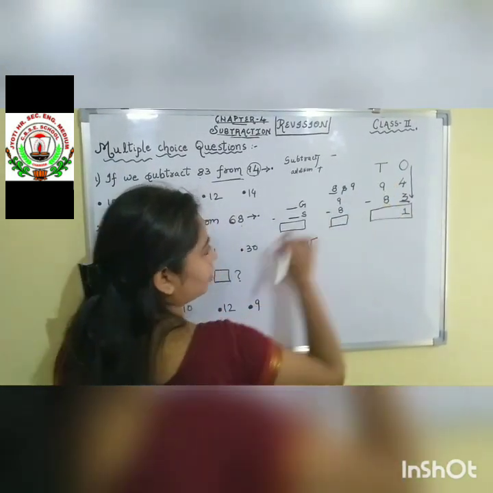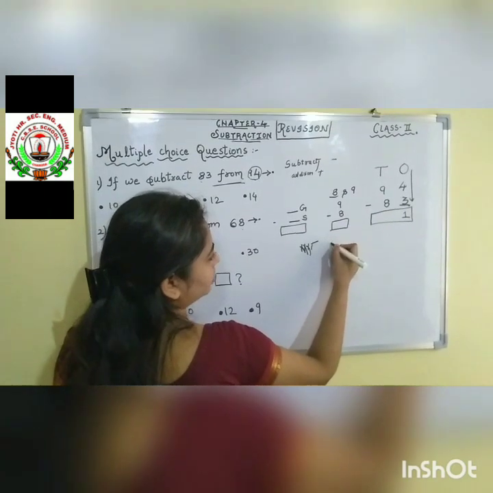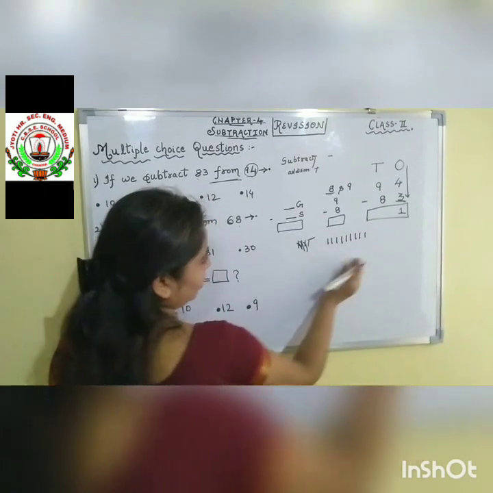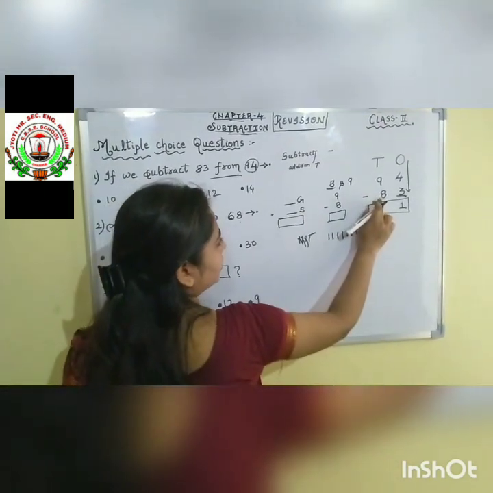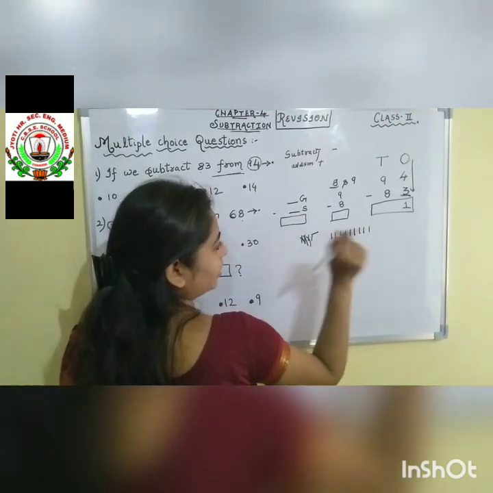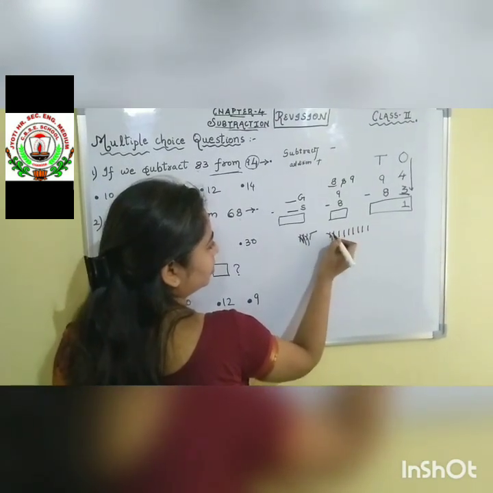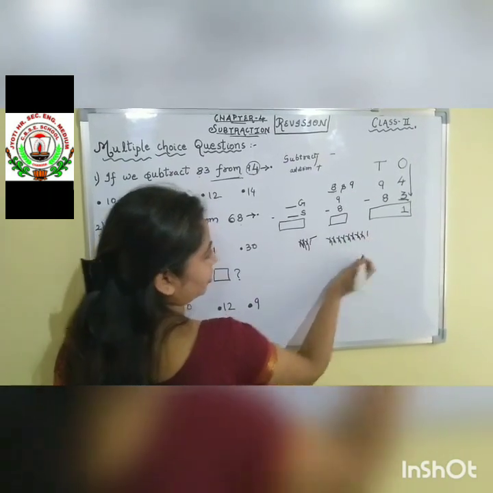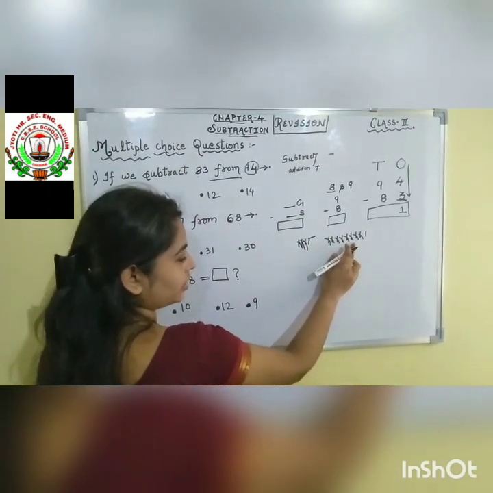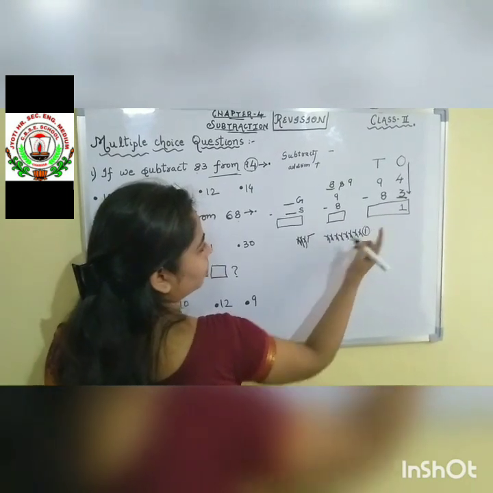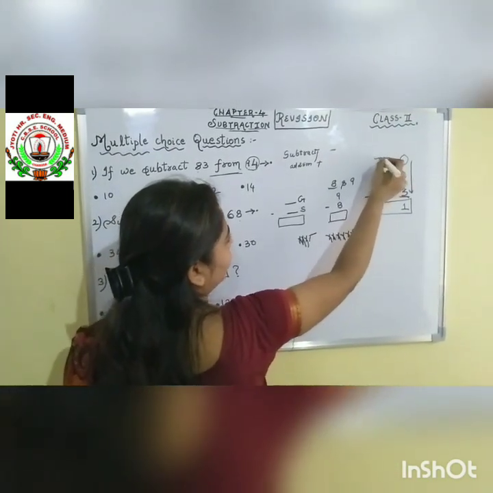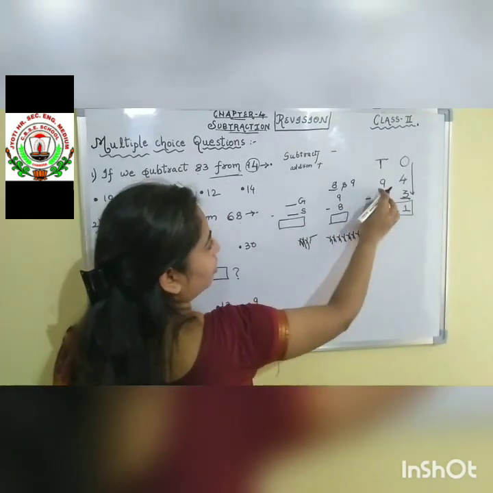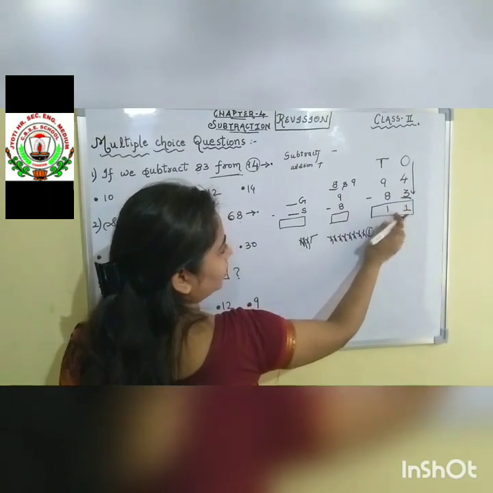Again coming to the tens column. Place the 9 sticks. 1, 2, 3, 4, 5, 6, 7, 8, 9. Like this. Okay. Then the next number is 8. You have to cancel the 8 sticks. Let us do 1, 2, 3, 4, 5, 6, 7, 8. You have cancelled out the 8 sticks from the 9 sticks. Okay. Then how many are left? 1 is left. So 1 is the answer of the tens column. Write down in the tens column 1. So our answer of 94 minus 83 is 11.